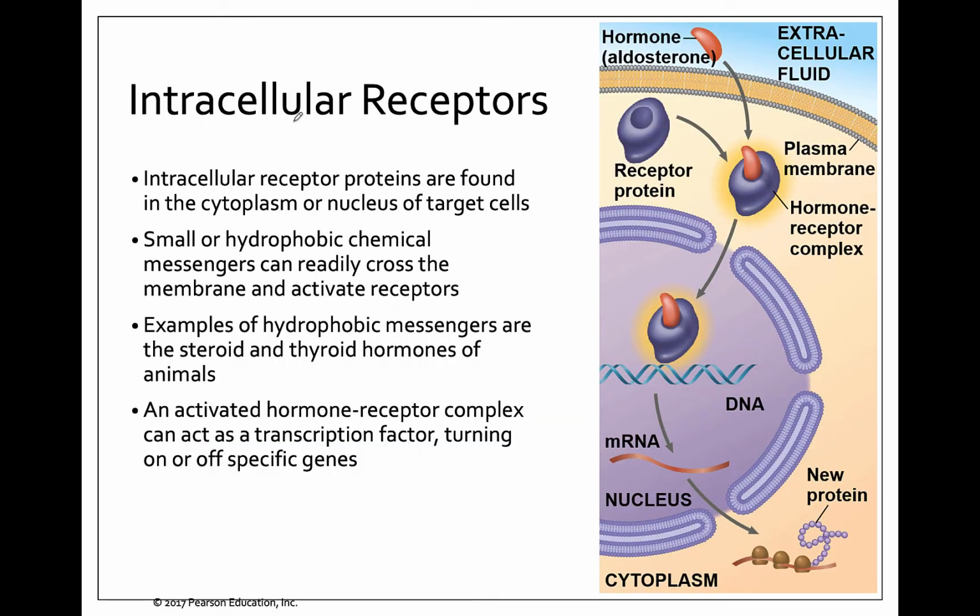Here's our last type of receptor, and this is an exception to the rule of having to be on the membrane. So intra means inside. So intracellular means it's inside the cell. So an intracellular receptor is going to be found either in the cytoplasm or in the nucleus. It's pretty much going to be anywhere inside of the plasma membrane. And these are going to be either small or hydrophobic chemicals that are able to easily cross the plasma membrane